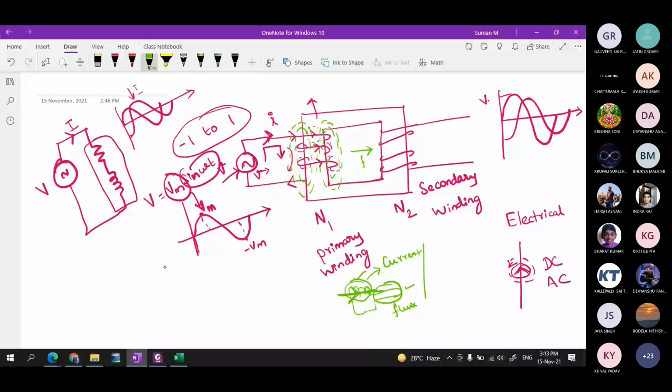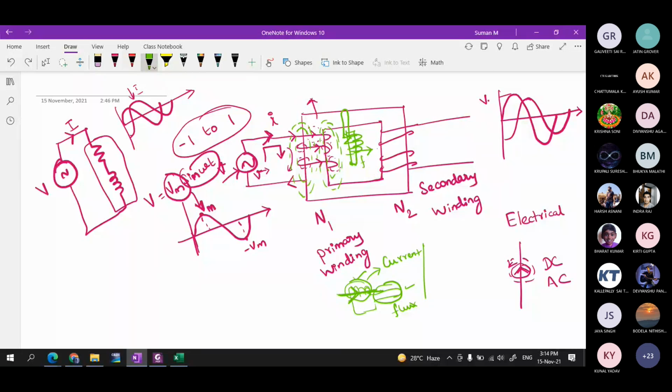Now you are holding this complete part. Consider that your fingers are like this, holding this part. Your fingers' direction gives the current direction. If the current direction is decided by the fingers, holding with your right hand, then your thumb will come like this. So this is your current and this is your flux.